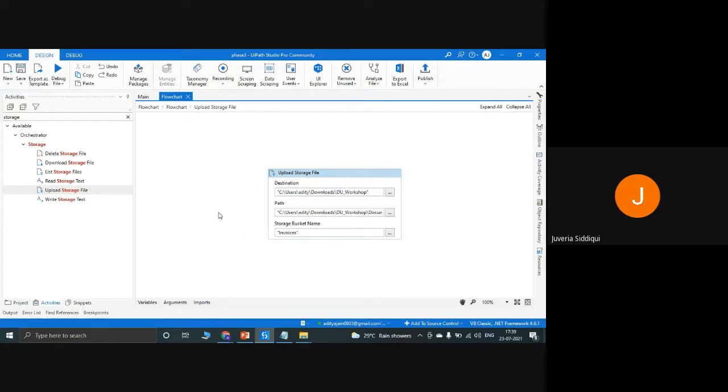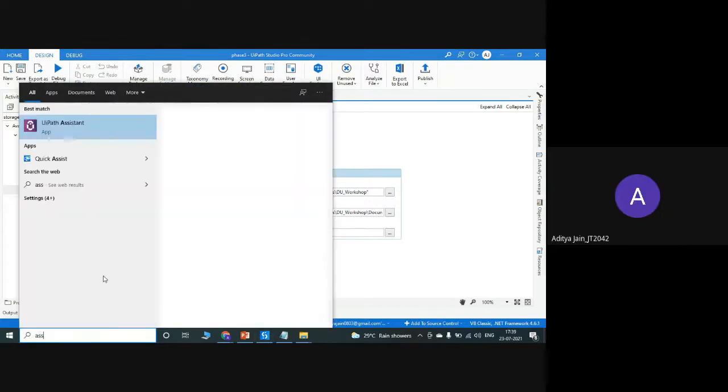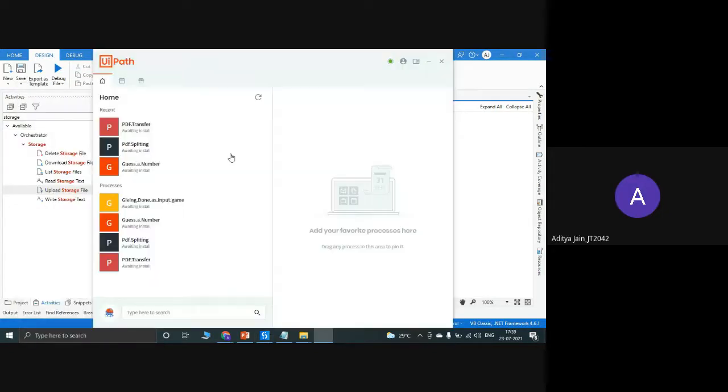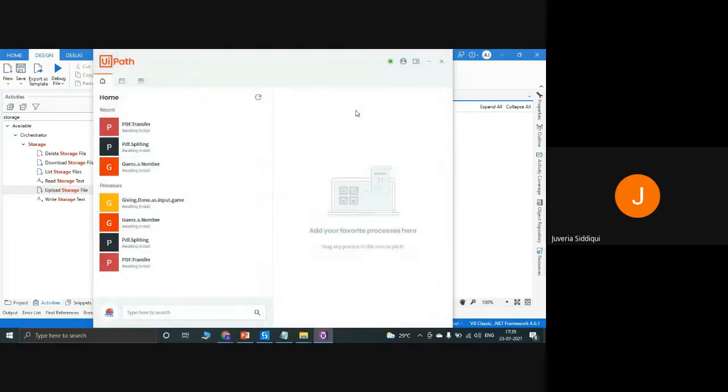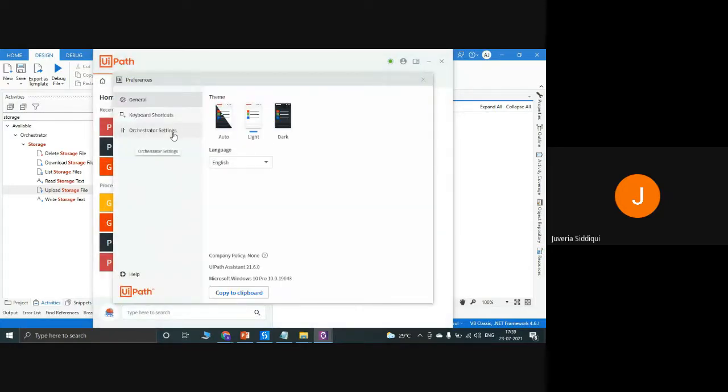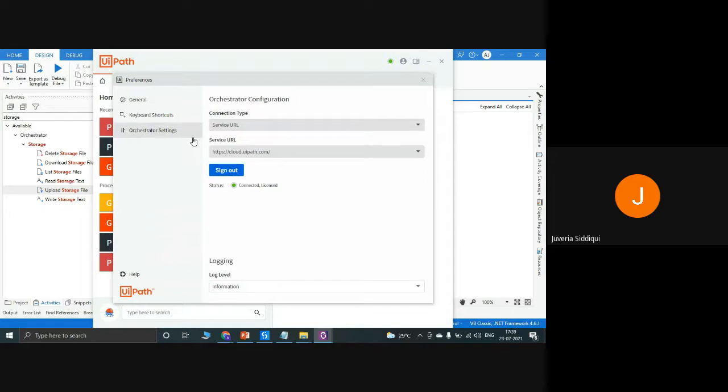Why is that happening? Can I see your connection, assistant? Or better still, we can find this by simply going to your profile. Where is settings?